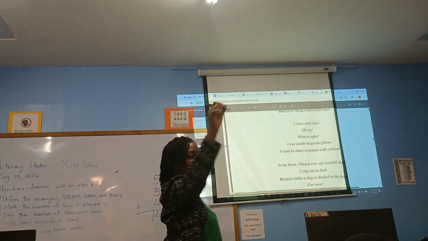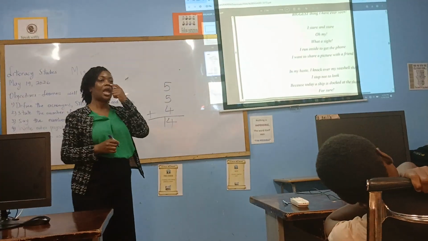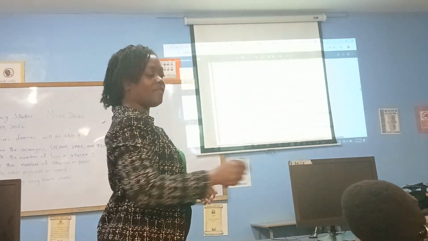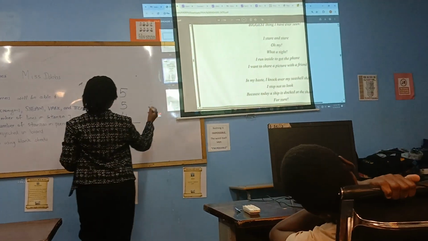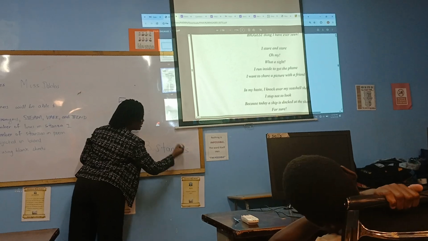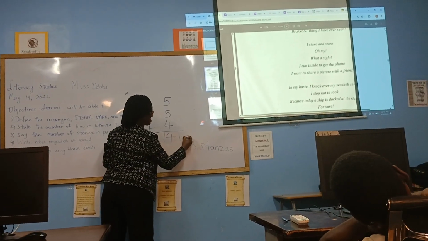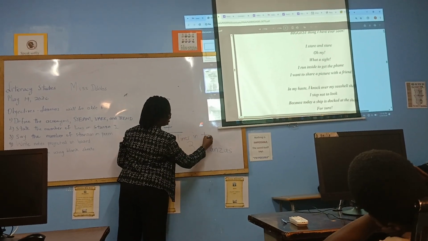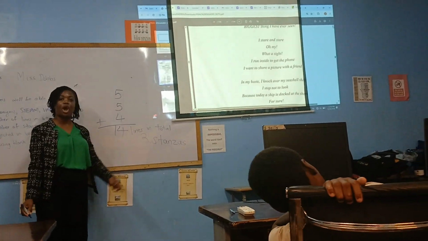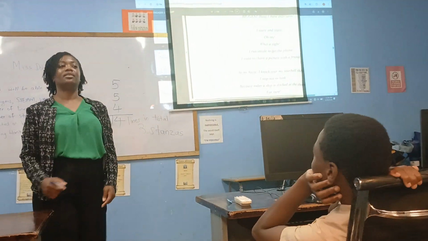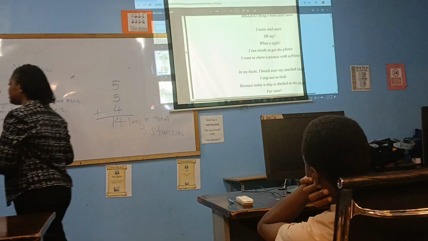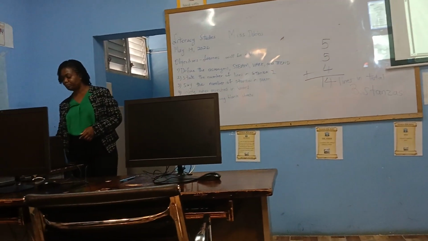How many stanzas are in the poem? Very good. There are three stanzas. That's how you spell stanzas. And fourteen lines in total. Alright? If we were to add fourteen plus three, how much would we get? Seventeen. We have some mathematicians in here. Excellent. Now let's go to the poem.